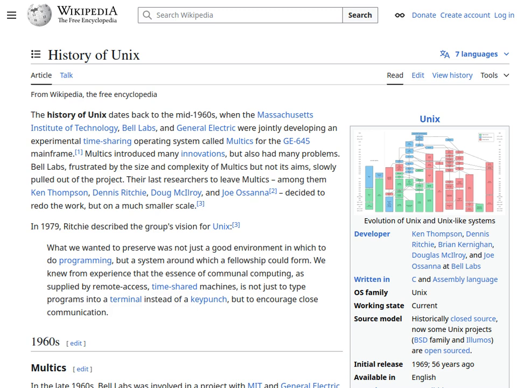Yeah. And the Unix kernel at that time was pretty small, right? Yeah, it was. And it was also highly machine independent. Yeah, so by 1983, the kernel was under 20,000 lines of C code. Yeah. And over 75% of it was actually machine independent. Wow. Which was pretty impressive for the time.